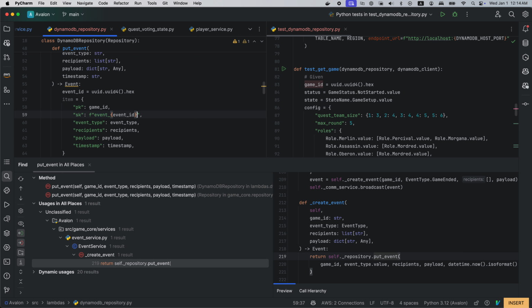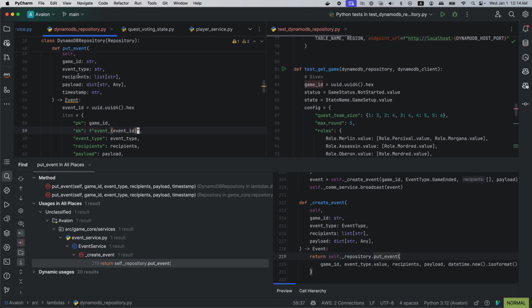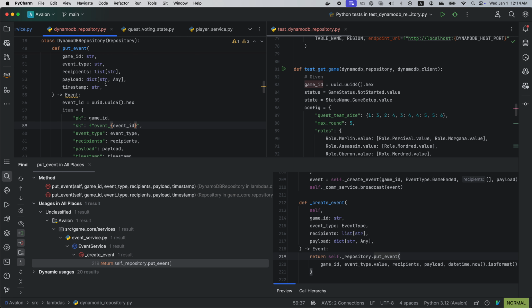I think it is a good idea to include a timestamp. Nah, it's fine. I'm not going to do that. We could sort that later. So the event type is event type. Recipients is recipients.